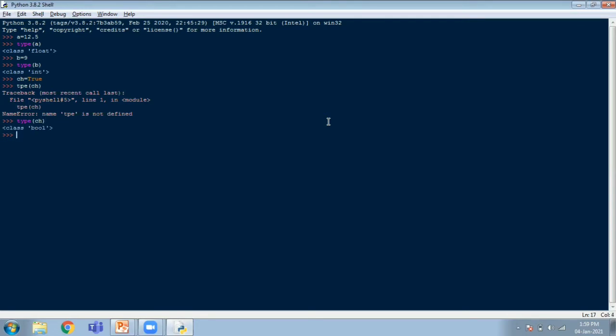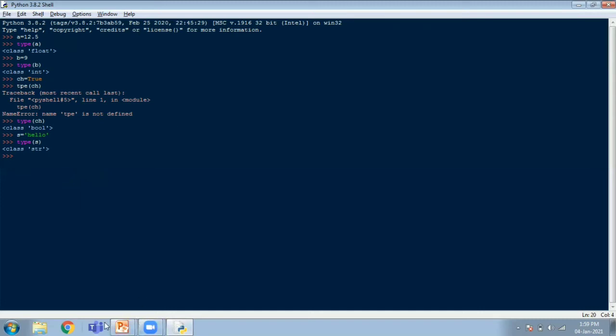BOOL stands for Boolean data type. And s is equal to hello is string data type. So we have seen different types of data. Here you need not say what type of data you are going to use. Based on the value which you assign to the variable, automatically the data type will be taken by the Python interpreter, and that can be identified by using the type function.